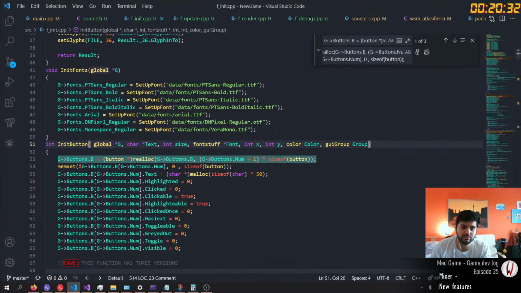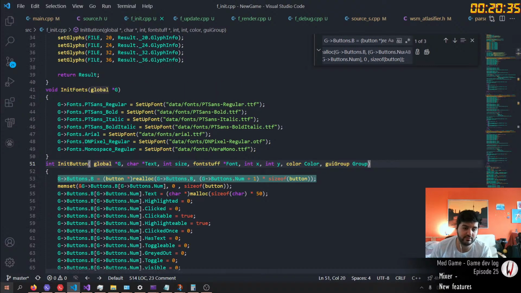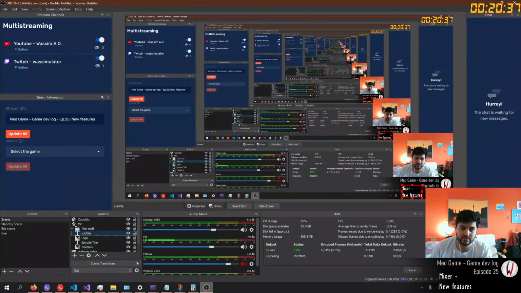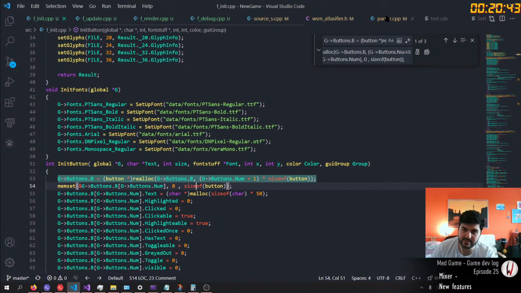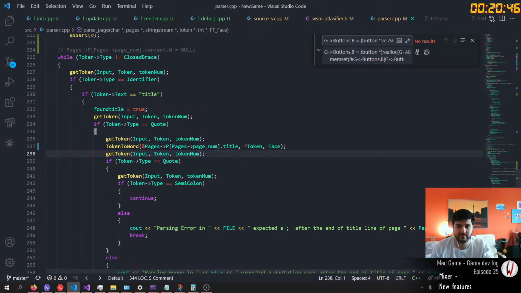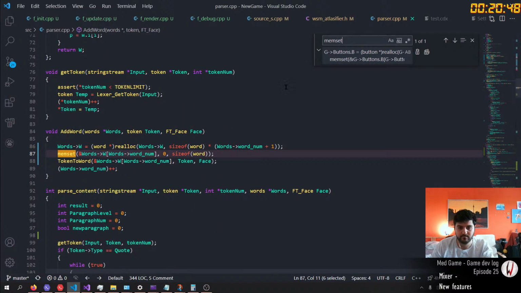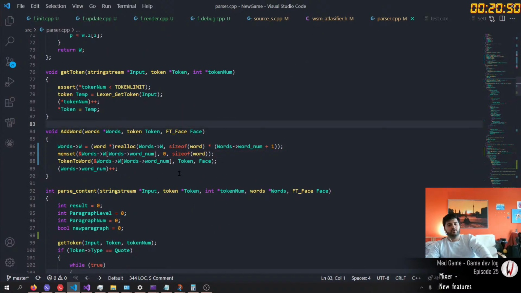See, this is why last time I didn't stream this. It's because it's tedious and I don't know where to start with it. What was the problem last time? The problem last time was, I just have to mem set this.